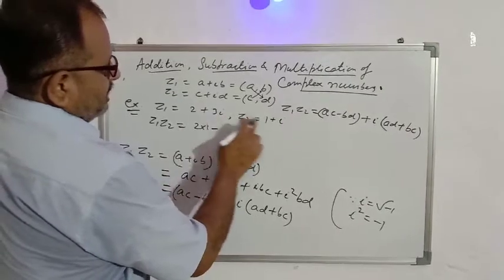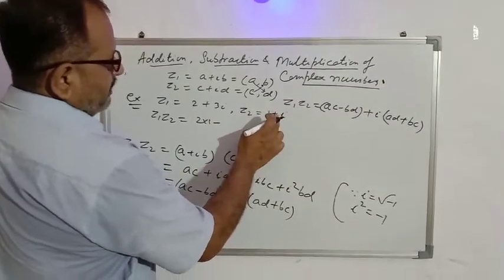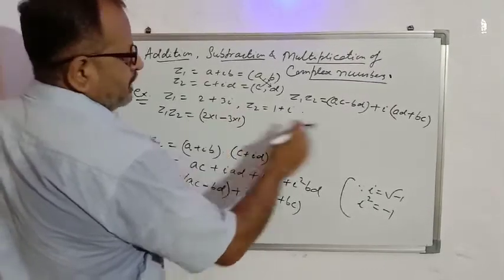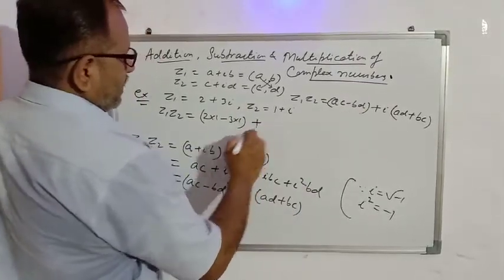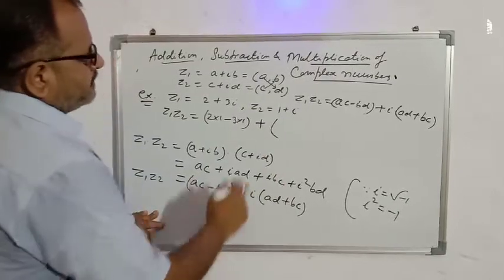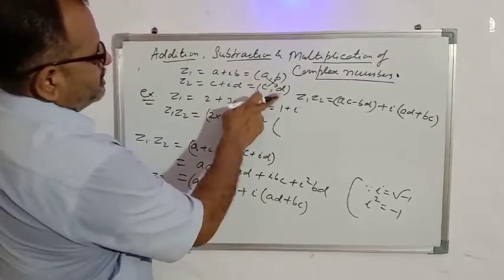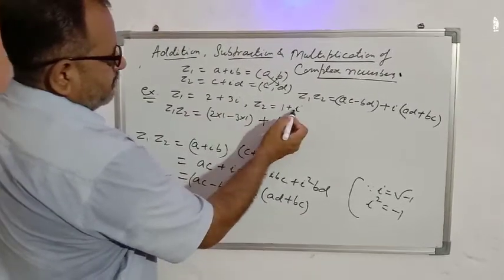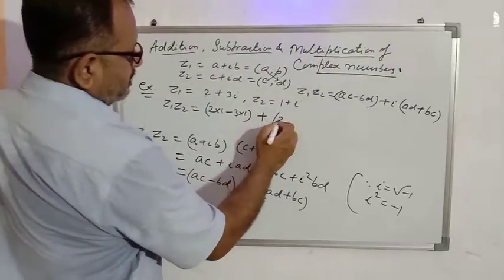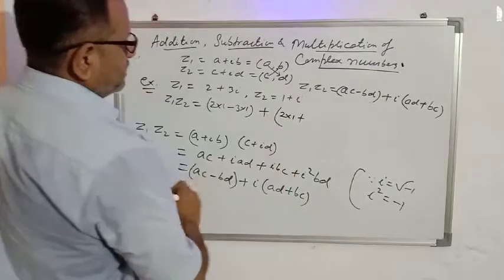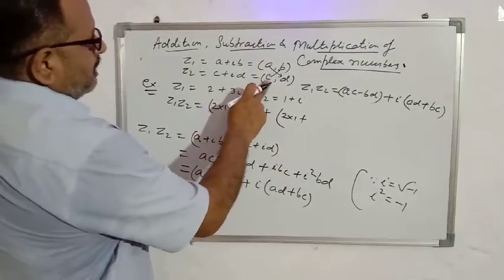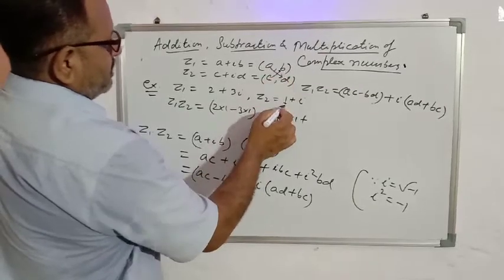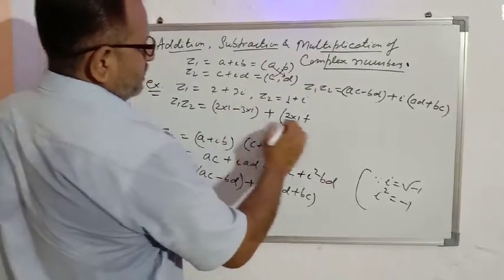Imaginary part is 3 here, imaginary part is 1 here. Coefficient of i will be the imaginary part. So 3 into 1. That is ac minus bd, plus next, real part of first into imaginary part of second. Real part of first is 2, imaginary part of second is 1. So 2 into 1 plus real part of the second, that is 1, into imaginary part of the first. So 1 into 3